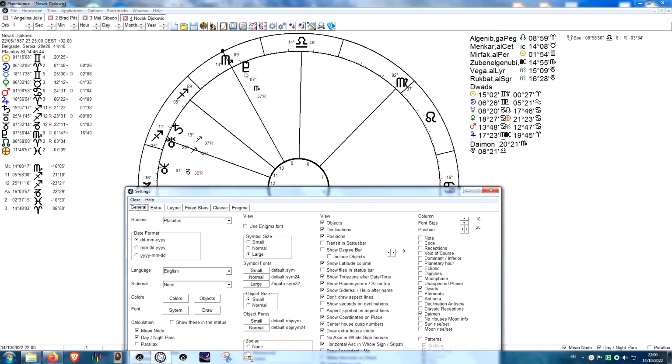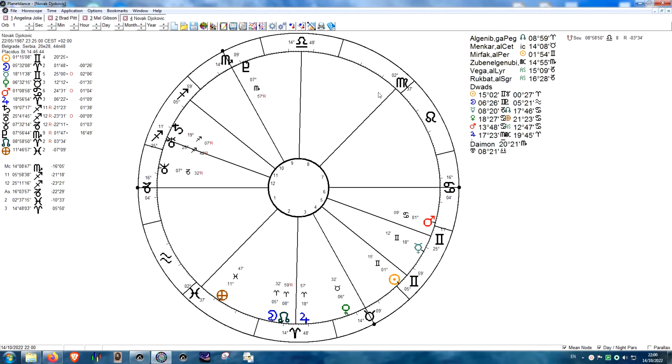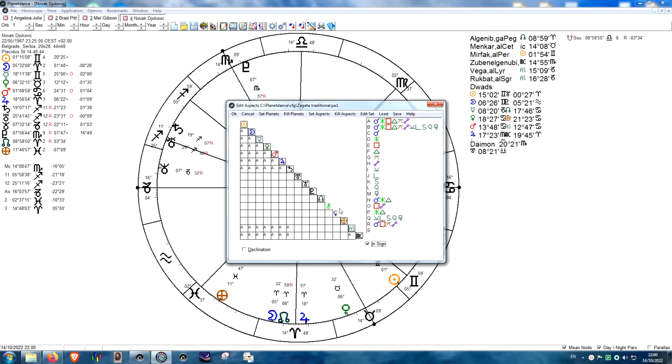Oh, you see, folks, because I have not removed Uranus, Neptune, and Pluto, and I'm using a larger font so that it would be easy on my eyes. So single wheel. Take a look now. When I remove them,